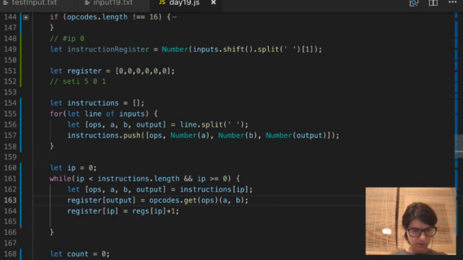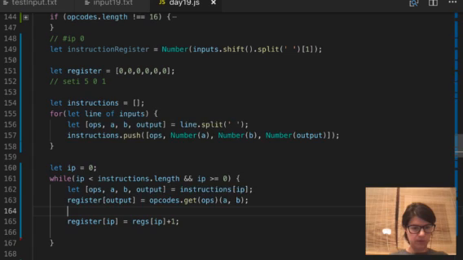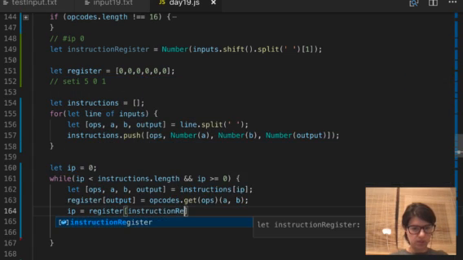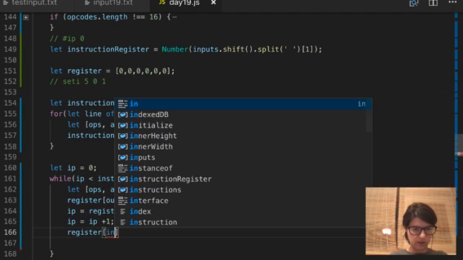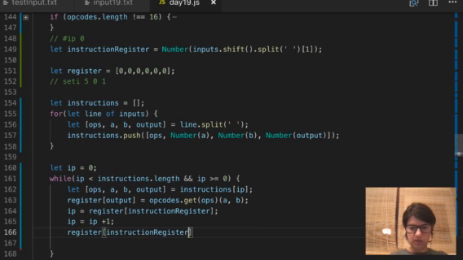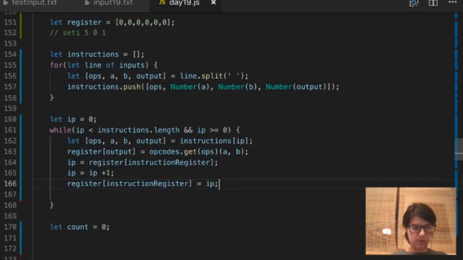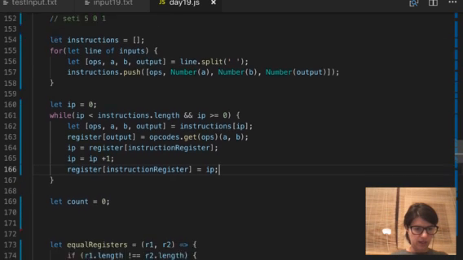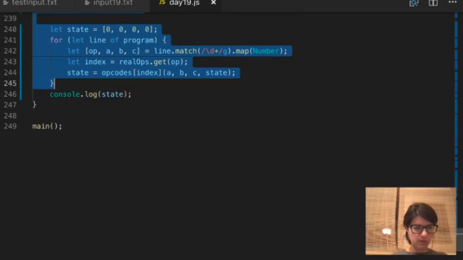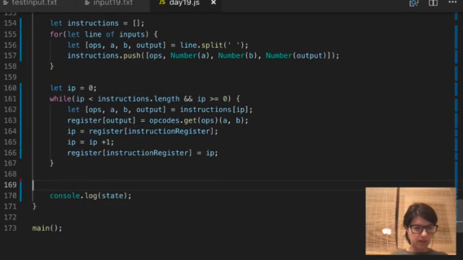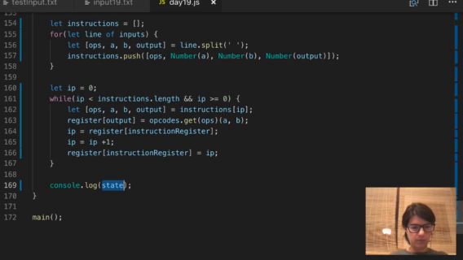And now I want to say IP is the register of the instruction register, and then IP equals IP plus 1, and also register of the instruction register, I'm setting that to this new IP value. And then I'm running this until it fails. Whoa, lots of stuff happening here. And then if it did fail, I want to print